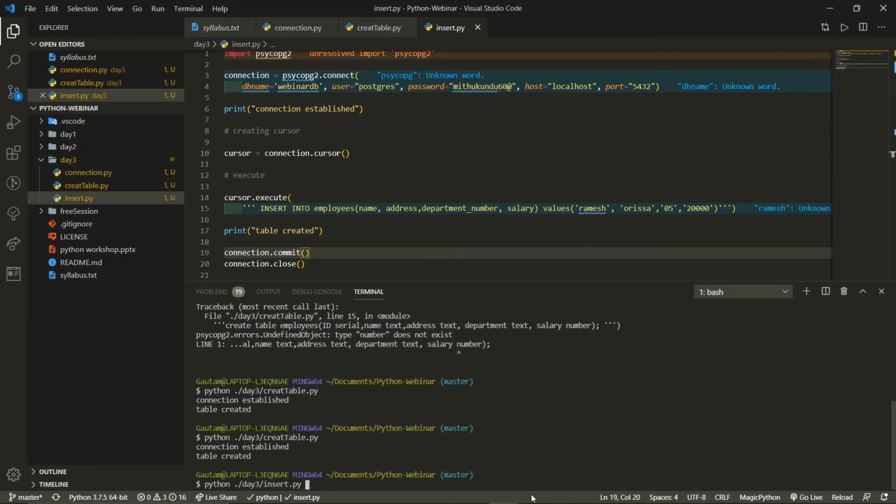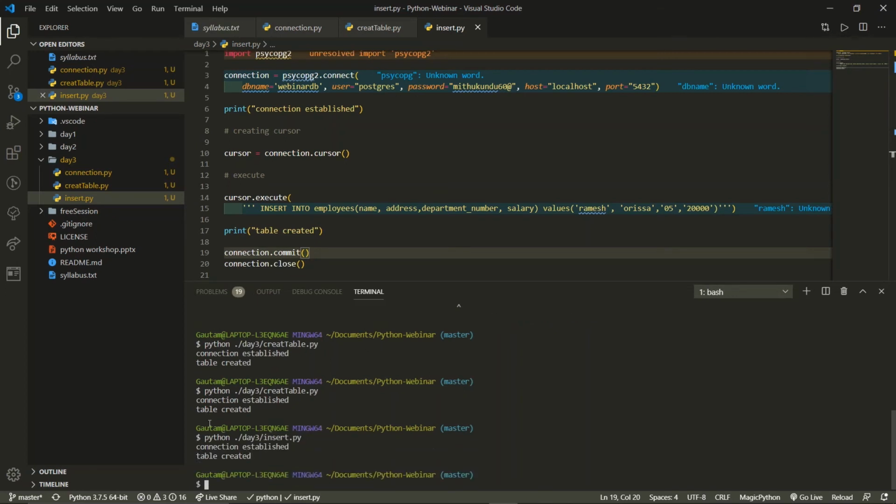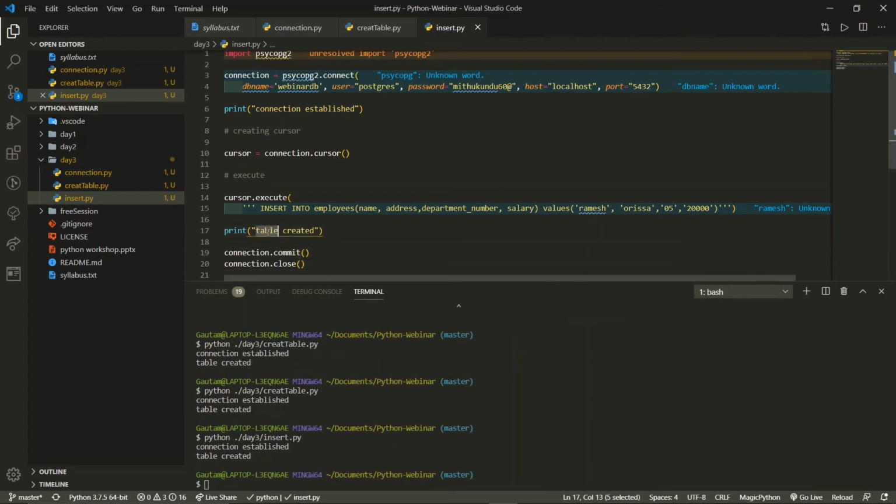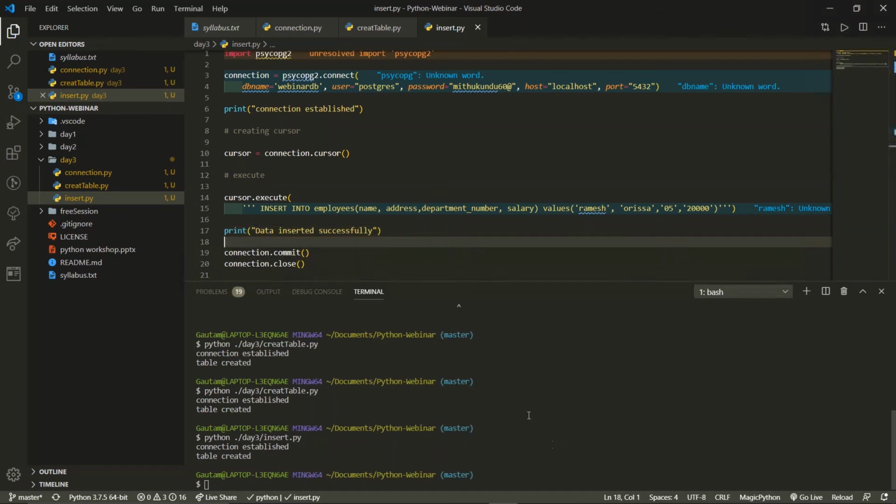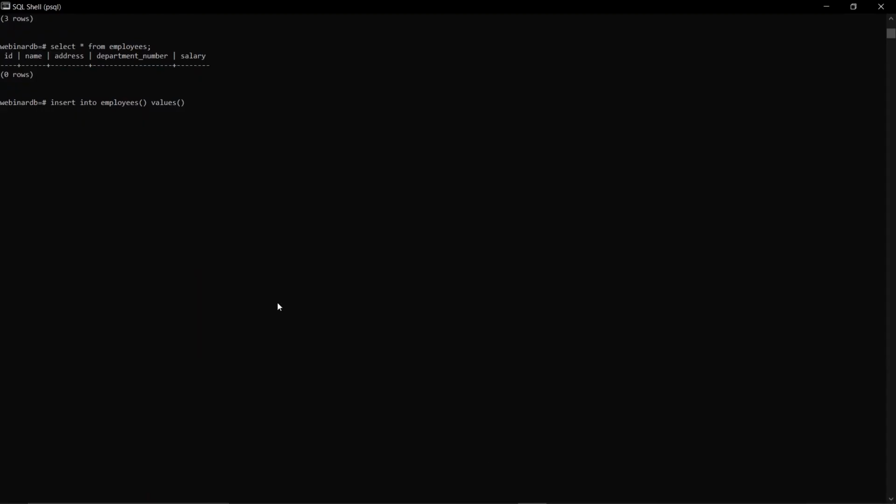This is insert.py. We'll execute it. Sorry, not table created, I must have written over here data inserted. That doesn't matter, but we should write data inserted successfully. There's a spelling mistake, I believe. No, it's fine. So this is how it's done.